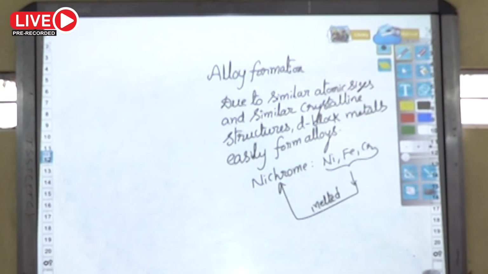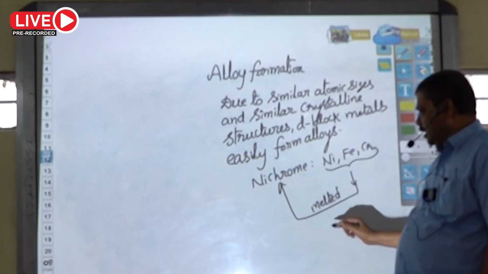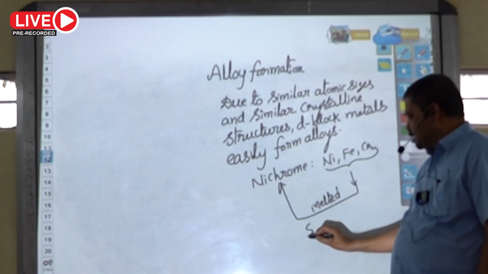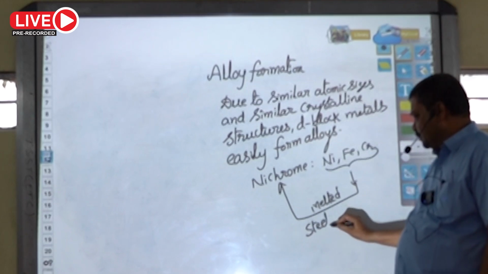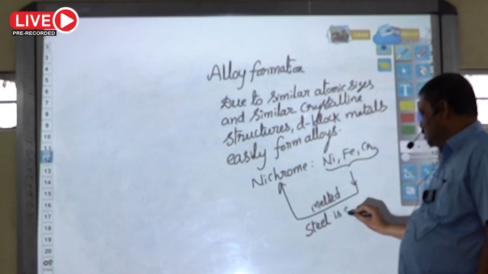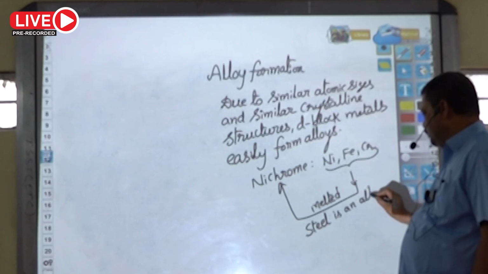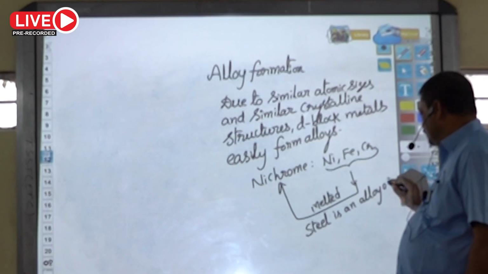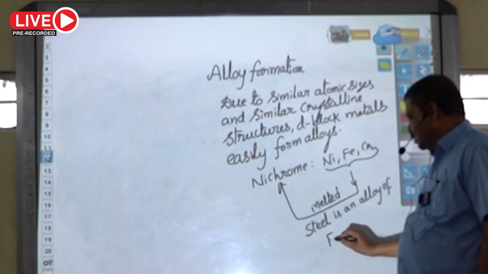Nichrome alloy is used in electrical resistance wires. Like that, steel is an alloy of iron,